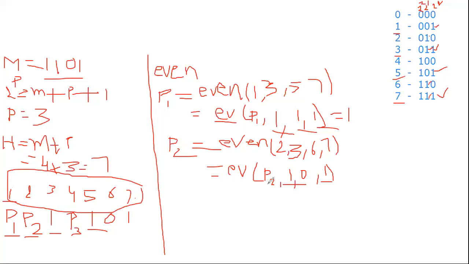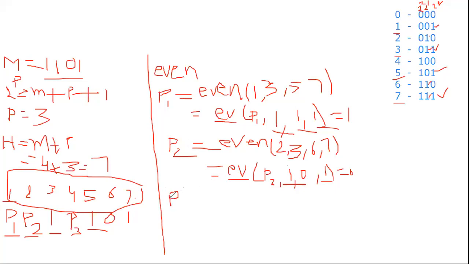So instead of this P2, which are we taking, 1 or 0? Compulsory 0. Only when we put 0 instead of P2 does this become even parity. Already two ones are here. If you put 1 instead of P2, then there are three ones, and that belongs to odd parity. But here we are assuming even parity. That's why instead of P2, we put 0 to get the even parity. Do you understand?